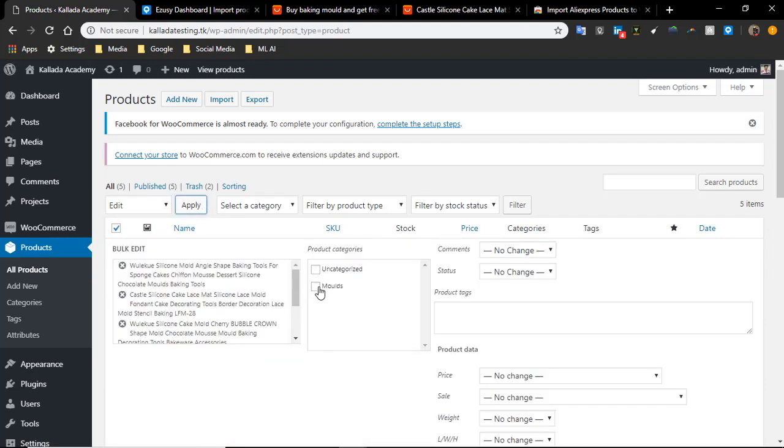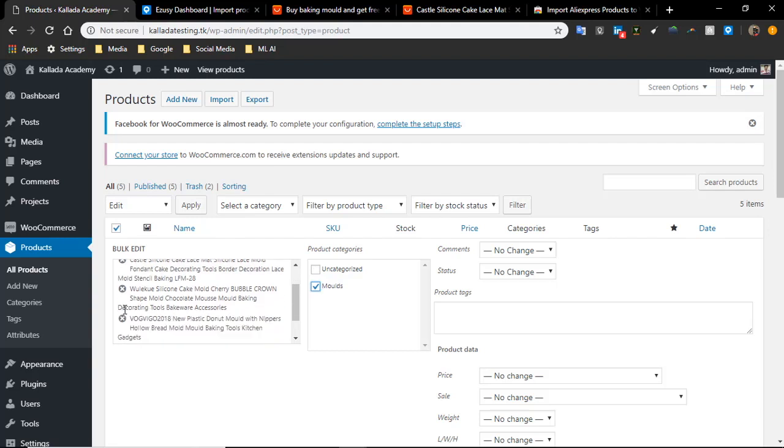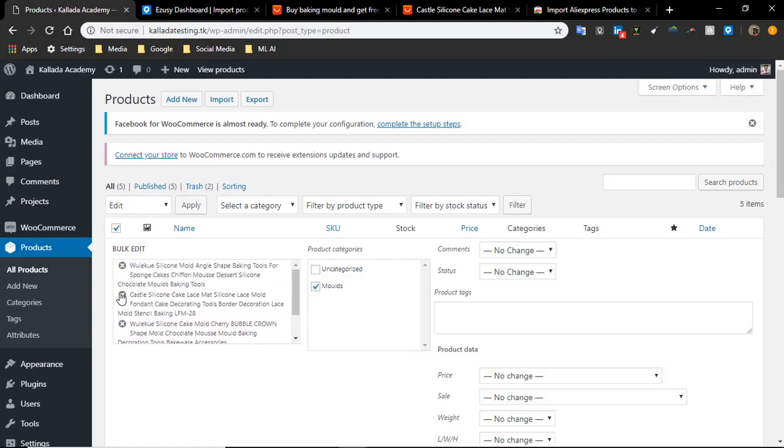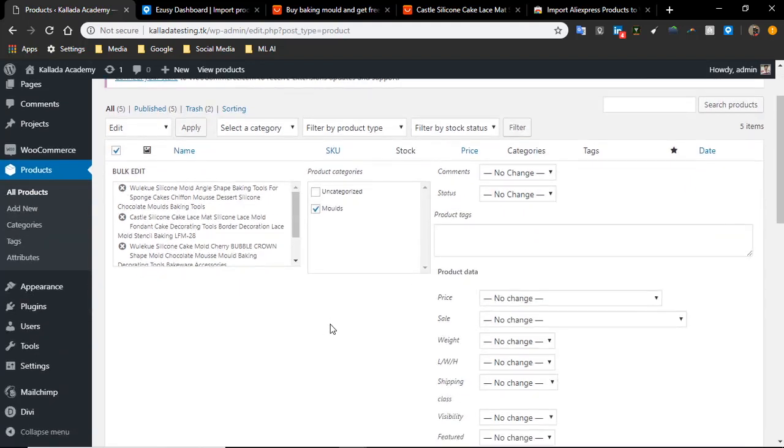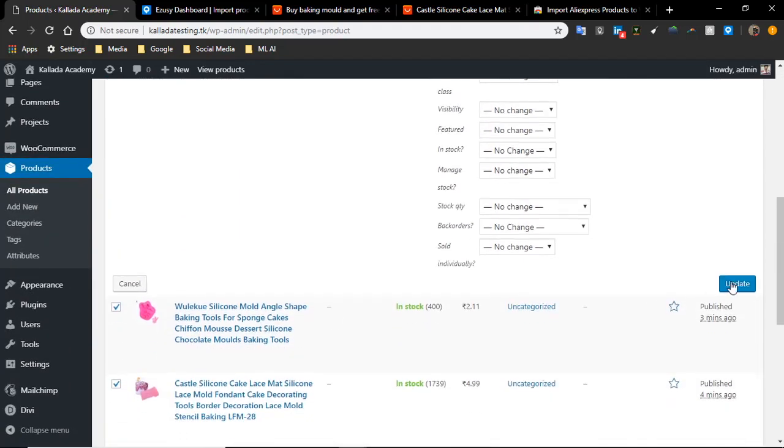So once you click apply, it will show you the products and the categories that is there. So you can remove the products you don't want to put into the category called molds. So I've removed one product just to show you how it works. And after you're done with removing the products and making the necessary changes that you need, click on update.